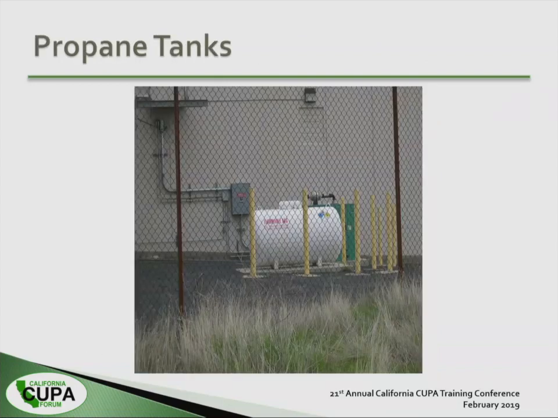As you can see, the propane tank here was found at a remote site, and it has security around it. It has the warning signs, so it's compliant. As long as I go out there, take a look, and make sure one time that this is what they have, this is the quantity that they have, this is all good. Propane is most likely used also for de-icing in remote areas of California, so you might find propane as a fuel source at remote sites.